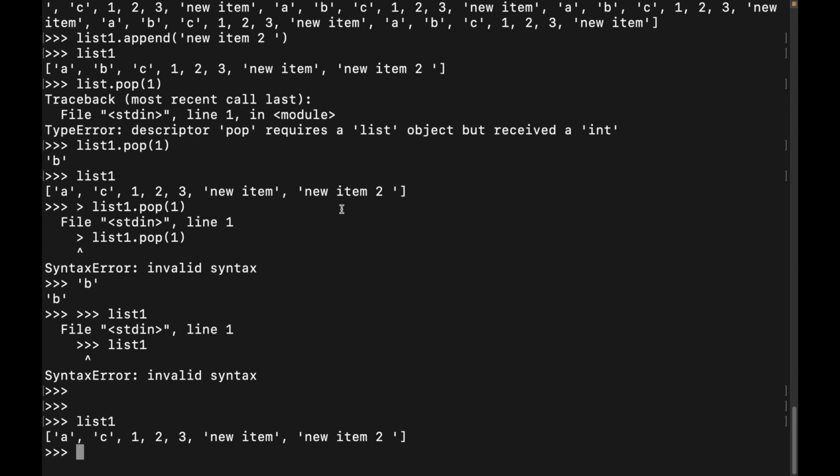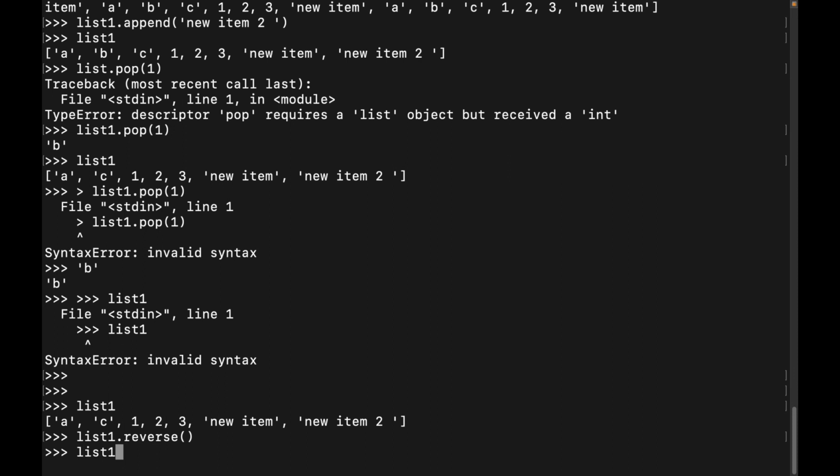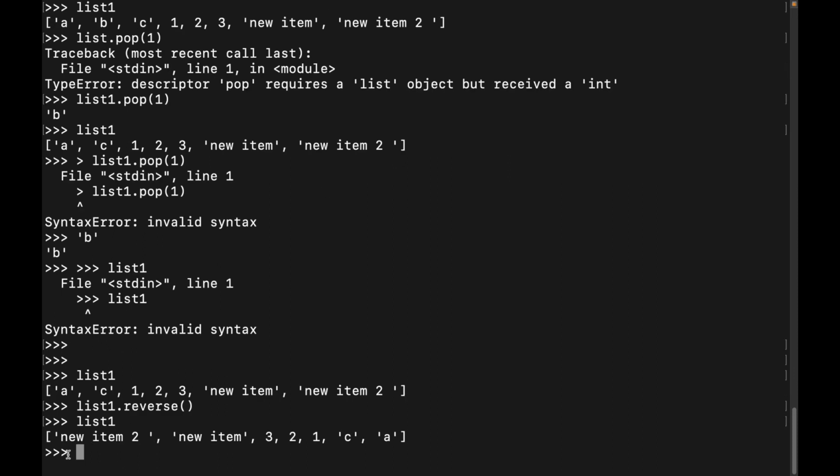And instead of using indexing, we can reverse it using a function as well. For example, list1 dot reverse, and I'm going to hit enter. Now if I type in list1, what has happened? It is in reversed order. There are a lot of functions that you could use. Try searching for some functions and